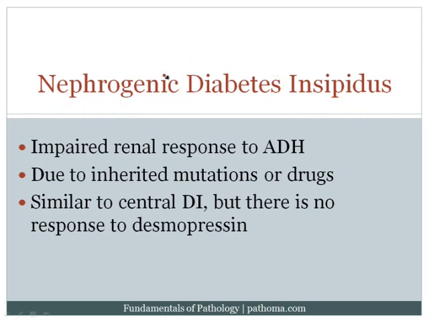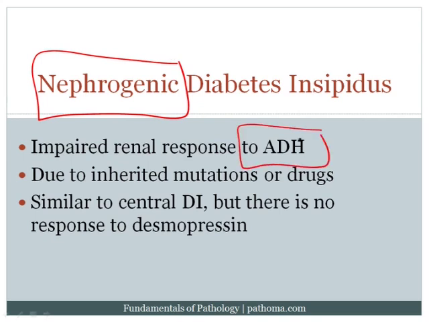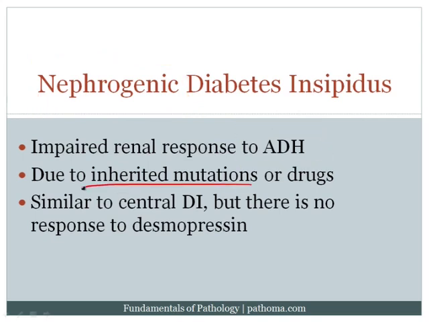In nephrogenic diabetes insipidus, the patients again are urinating too much. The problem this time, however, is not in the brain, but instead it's in the kidney, and so they call that nephrogenic diabetes insipidus. And that's because the kidney is not responding to antidiuretic hormone. This is usually due to inherited mutations or drugs. Some classic drugs that can cause this include lithium and demeclocycline,